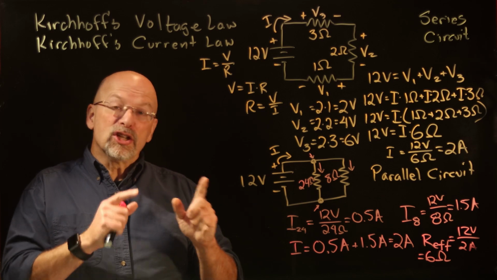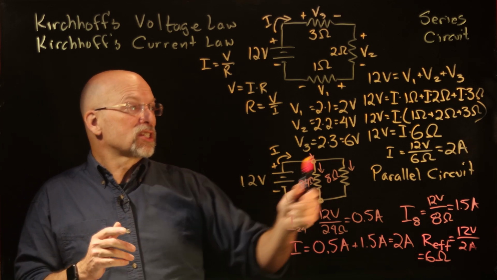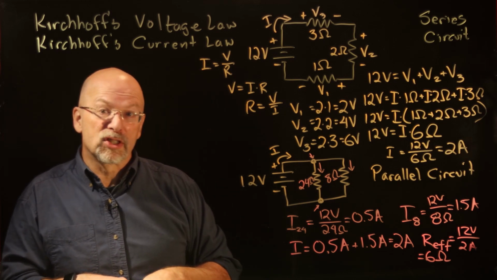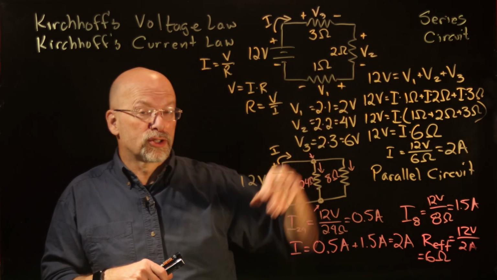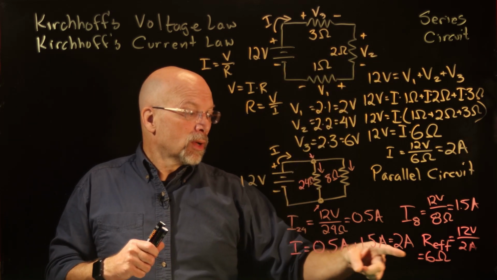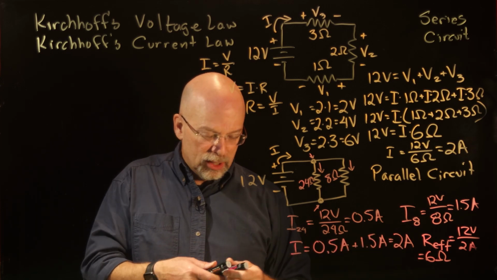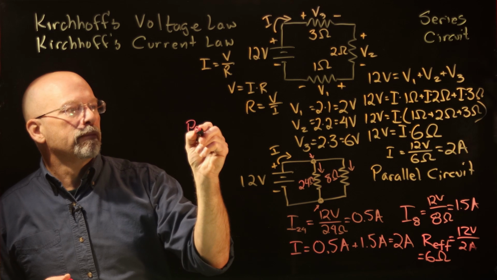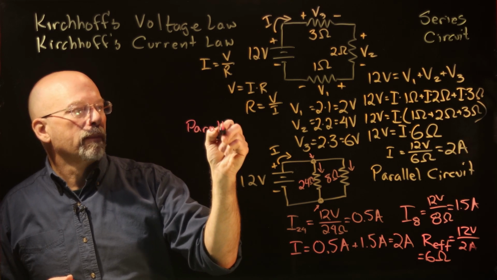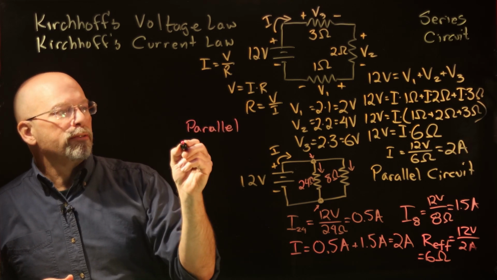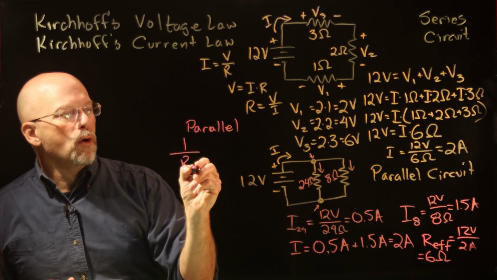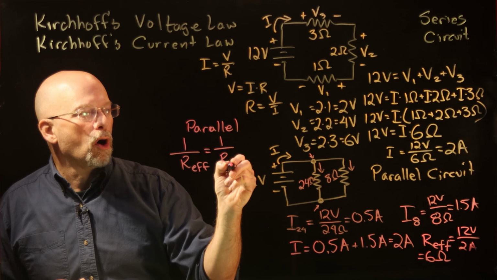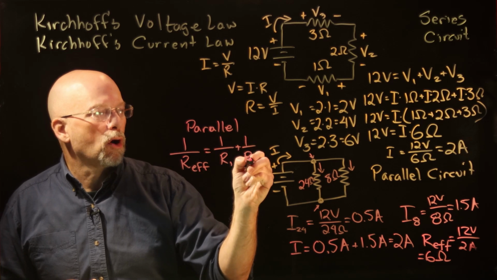We use a similar process to when we figured out the effective resistance of a series circuit. Whenever we look at the effective resistance for a parallel circuit, 1 over the effective resistance is equal to 1 over R1 plus 1 over R2